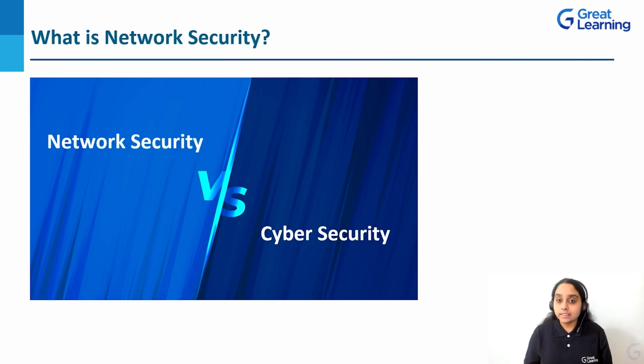Network security deals with the protection of transit data, whereas cybersecurity deals with the protection of digital data. Network security protects the data flowing across the network by terminals, whereas cybersecurity deals with the protection of data resting. So, hope you all have understood the major differences between network security and cybersecurity. Let's move on to the next topic.